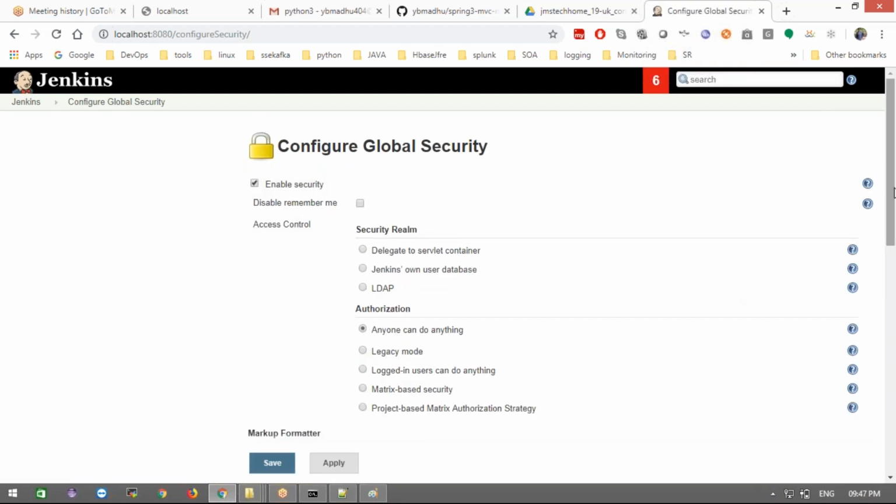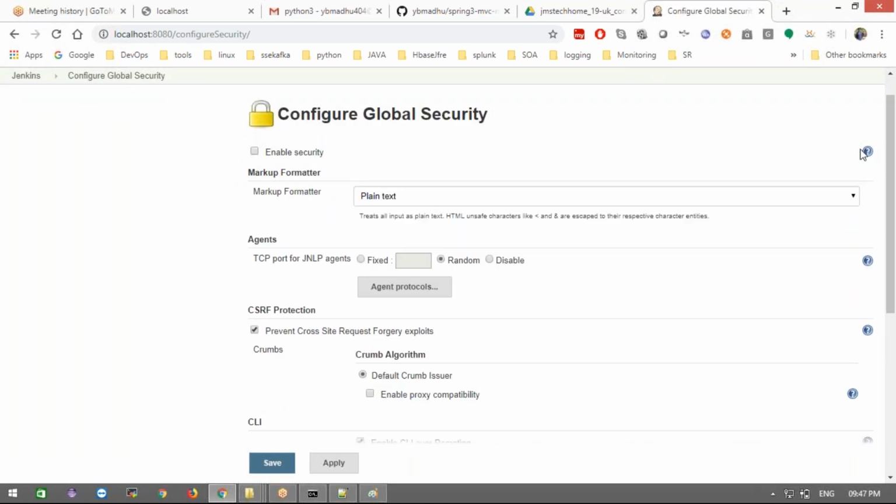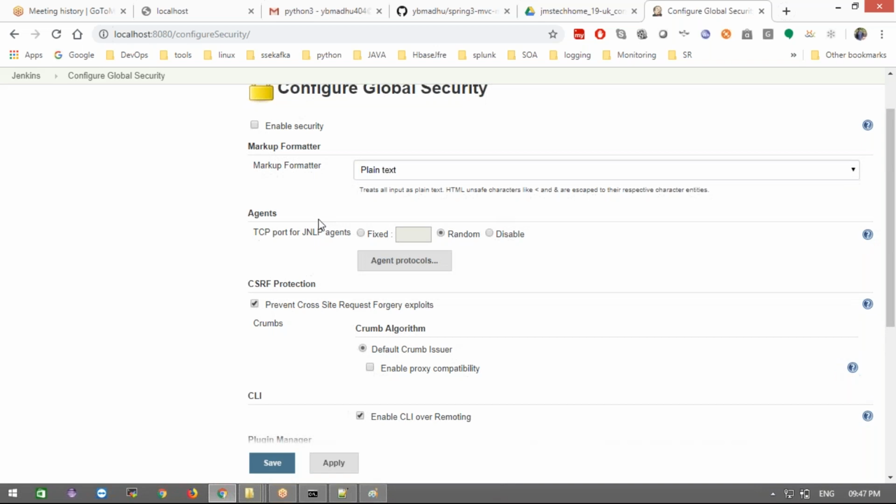Now, under Agents, by default the JNLP agent option is Fixed.